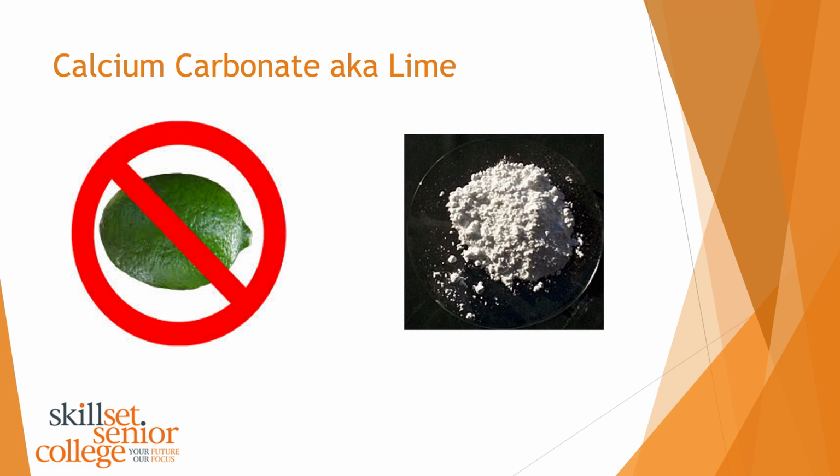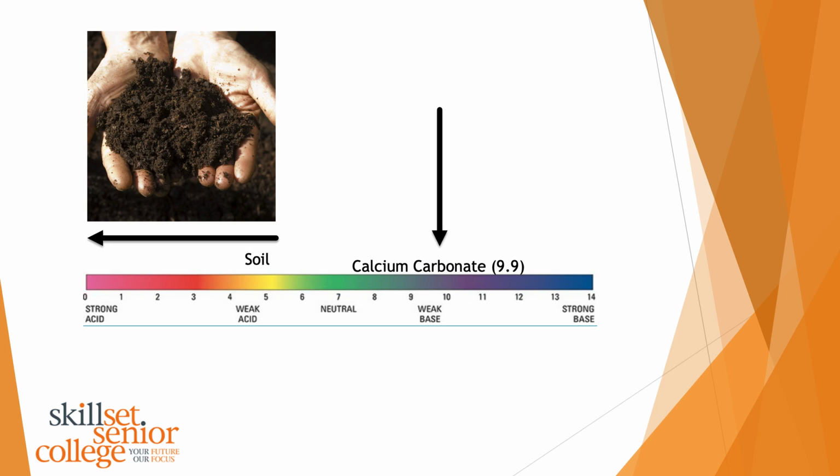Calcium carbonate is also called lime. We're not talking about the fruit. It's just the name that's given to calcium carbonate. So people will spread lime on their fields to neutralise the soil. Why would they use calcium carbonate? Well, if you're a farmer and you go out and test the pH of your soil, if it is below about 5.5, then you're getting worried because that's quite acidic. What you really want to do is bring that number back up the scale.